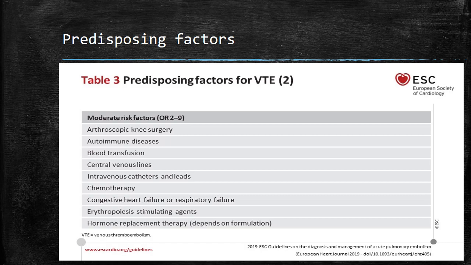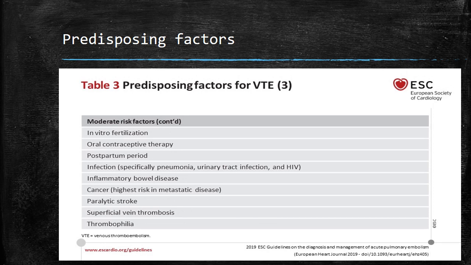Hormone replacement therapy, as well as OCPs. Again, moderate risk factors are in vitro fertilization, oral contraceptive pills, postpartum hemorrhage or postpartum period is itself a risk period for pulmonary embolism. Infections,